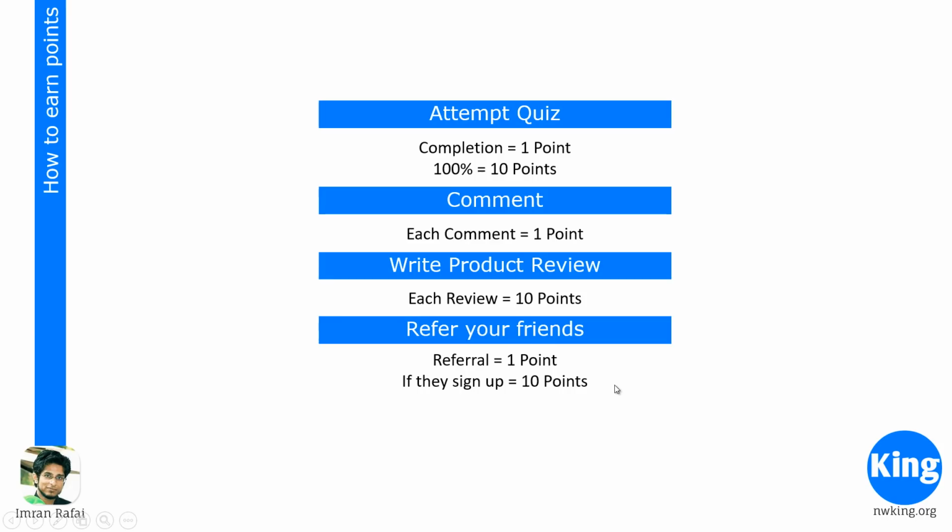So that's that. Now another thing that you must have noticed is the point system on the right. You saw there were a lot of points, and that's something that we have implemented now, that we want to start giving you points for doing various things. One of those things is attempting a quiz. If you finish the quiz, like now what I did, I didn't get 100%, but I finished the quiz, I get 1 point. But had I got 100%, I would get 10 points. That's for attempting the quiz.